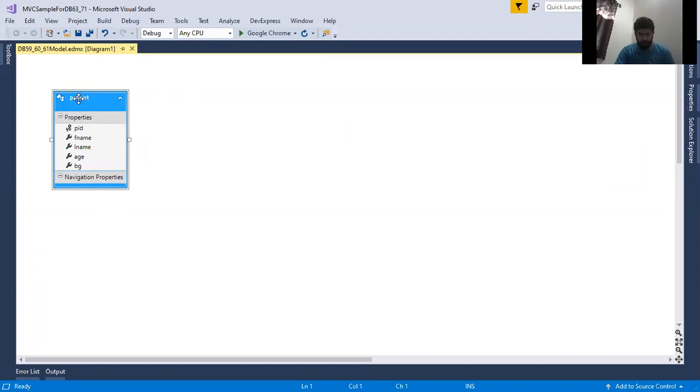In case you want to change any of your table names or modify anything, you can directly change it over. Automatically the properties will get updated.